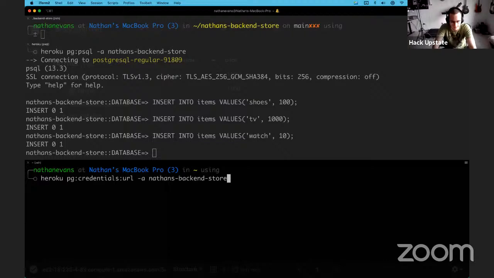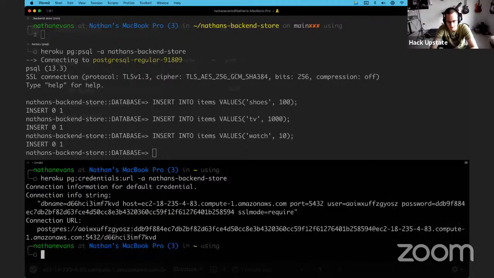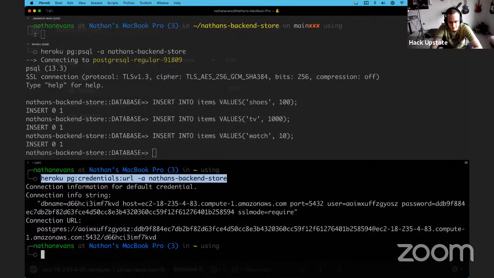command you want to run is this heroku pg:credentials:url -a. All of our Heroku commands we run, they take a -a to specify what the application is. So it's the same thing here. So you would call pg:credentials:url -a with your app name. When you hit enter, it's going to spit out a whole bunch of stuff. Don't share this info with anybody. I realize that my stuff is getting streamed to YouTube and people could log into my database. We'll fix that here in a second, but either way, run this command, and it'll spit out all of your